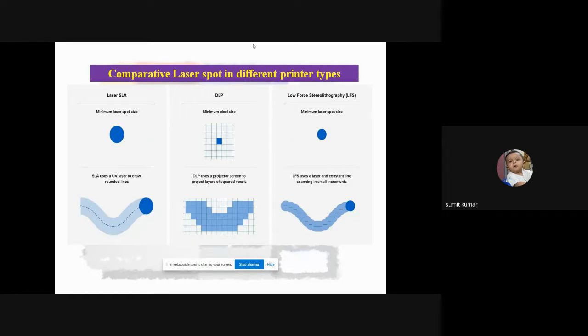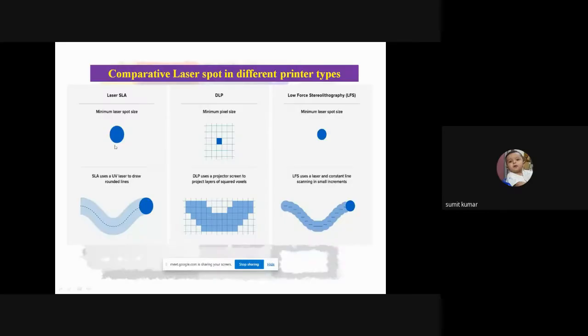Now, having a comparison of the laser spot, the Formlab 2 is a laser SLA printer with a minimum laser spot size as in the image. They have now improved their technology to low force stereolithography, where this size is further reduced.